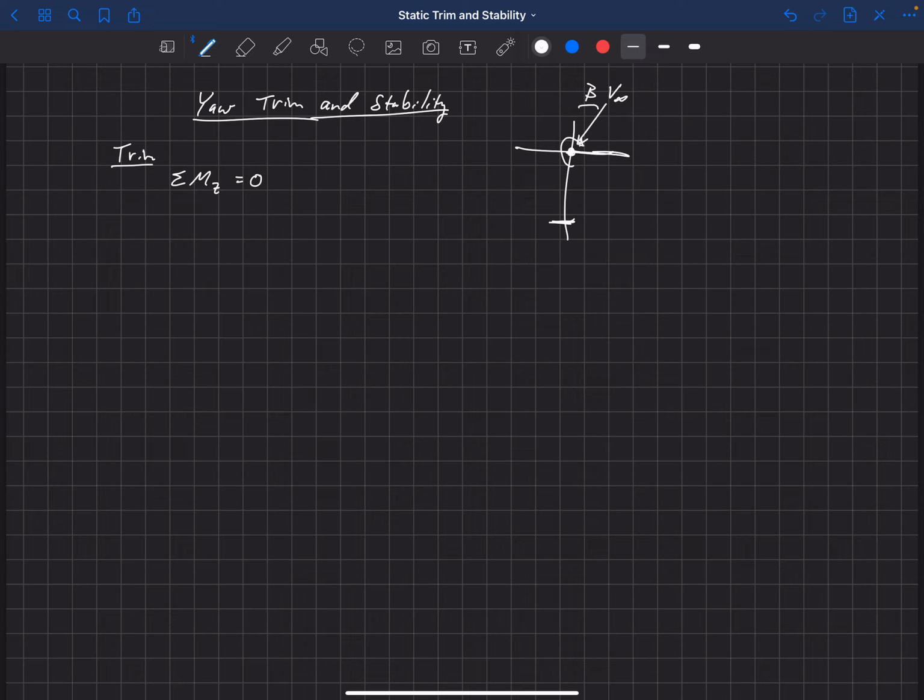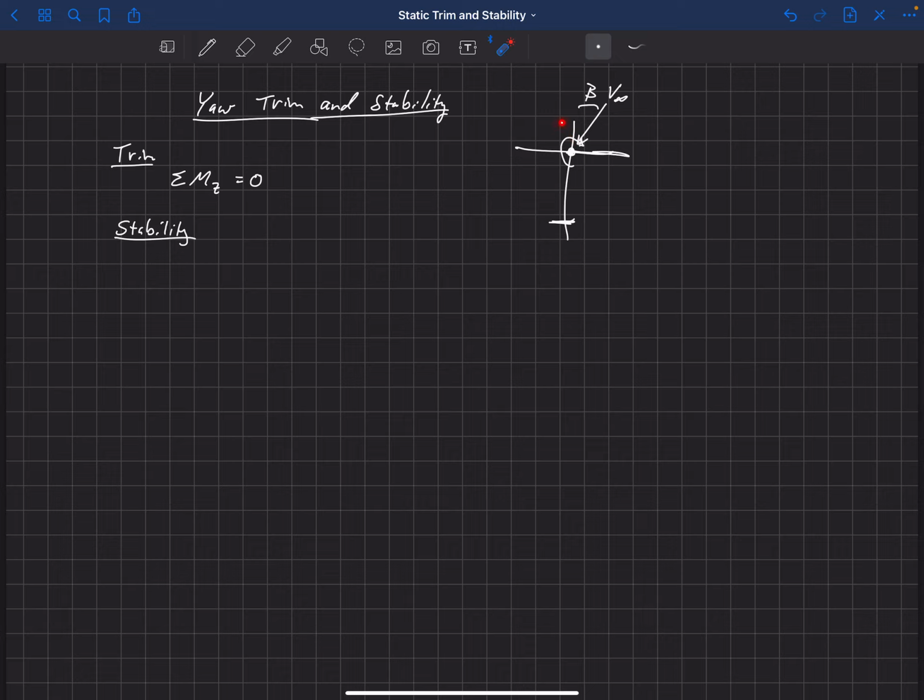And instead, let's focus, or talk for just a minute, about stability. So for yaw stability, what we want the aircraft to do is, if we're flying along at, let's say, 0 beta, so V infinity is coming in directly into the nose of the aircraft here, and then we get some disturbance where the aircraft, say, rotates to the left. So our aircraft is rotated to the left.